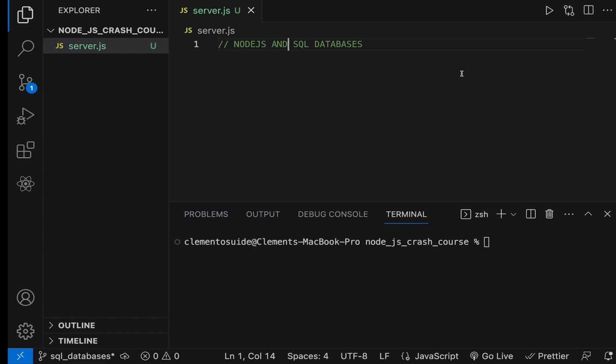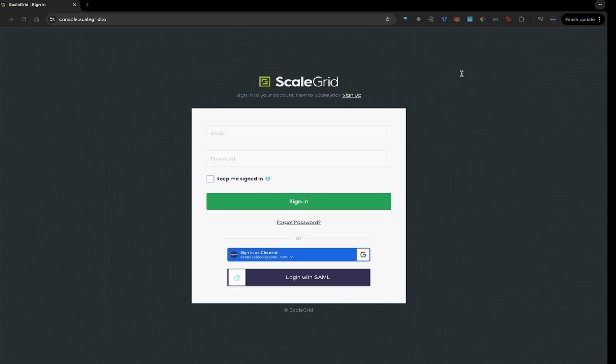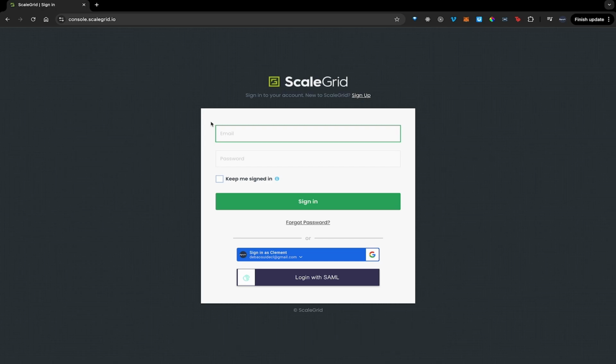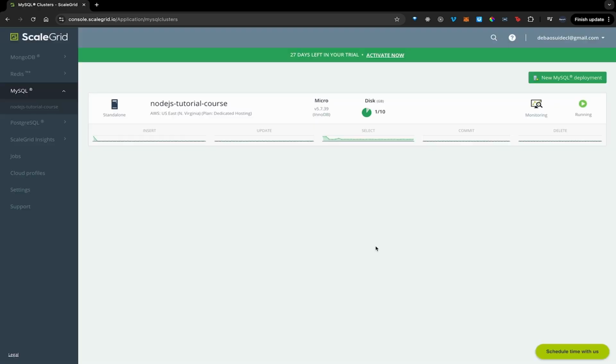Anyways, let's move on ahead and talk about what we're going to be using for our own SQL system, which is ScaleGrid.io. You can go ahead and navigate to console.scalegrid.io and create an account. It's a pretty simple, straightforward process, the same process you'd expect for any service online, really. So create an account and then it will take you to the dashboard. You can pause and do that and then get back to the next part of the video. And if you've done that, you'll be taken to the dashboard,